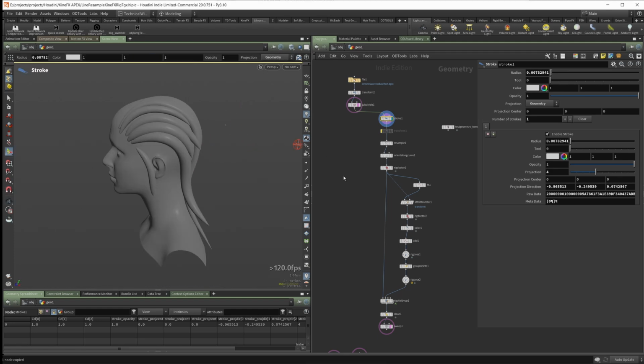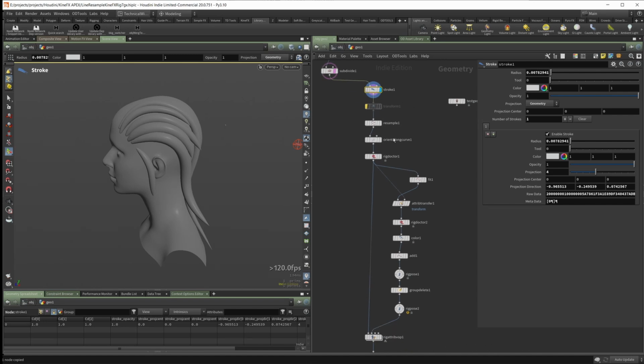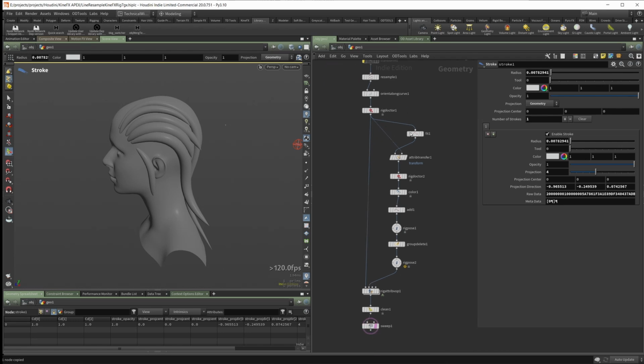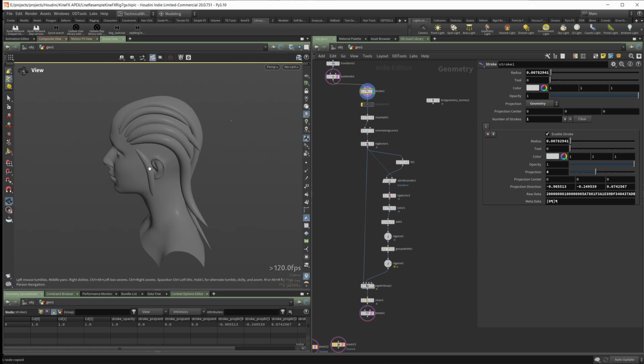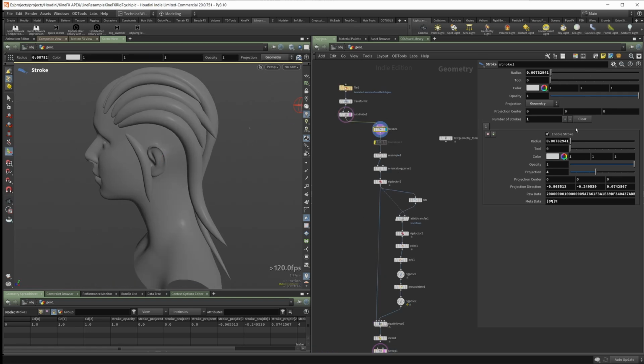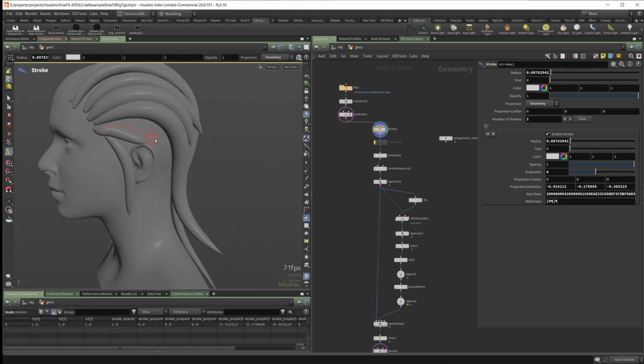So I implemented it. Basically, it's using a stroke and then resampling and then putting a couple attributes on it, pumping it into a rig doctor, and then making it essentially into a KineFX rig. So let's just see how this works for a second. I have to select the stroke, and I have the stroke set on projecting on geometry. If I just start to draw on the surface, it'll